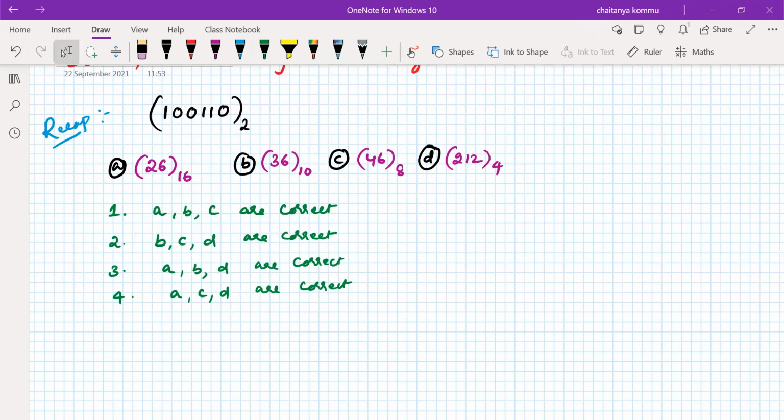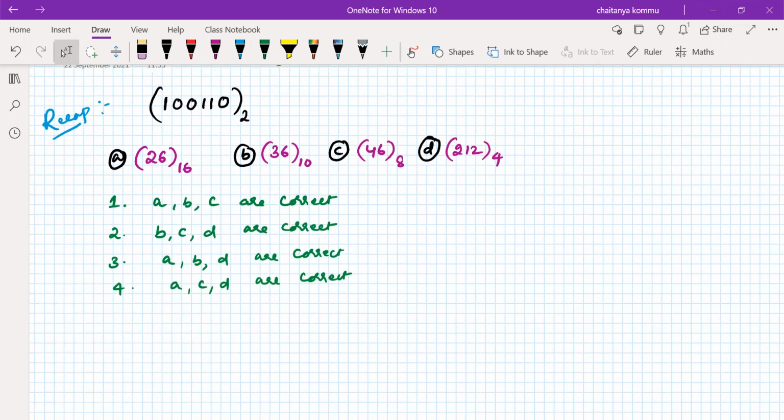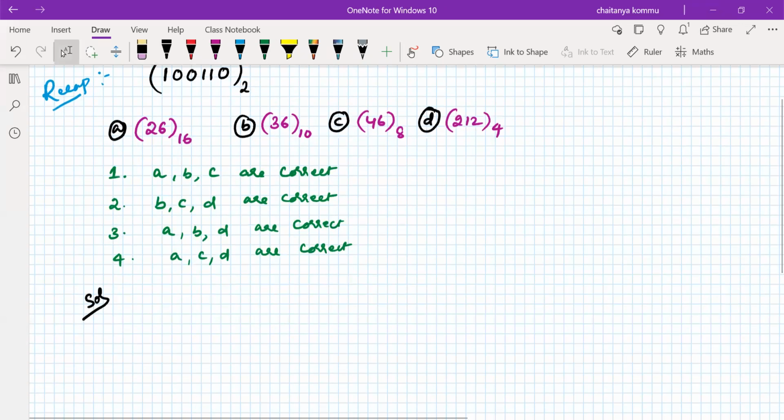How do you solve this problem? First of all, whenever a number is given and it is multiplied with its weights by its radix, you will get a decimal number system. So we do that. Solution: the given number is 100110 of base 2. What is this in the decimal number system? So apply the weights there. What is the weight here?